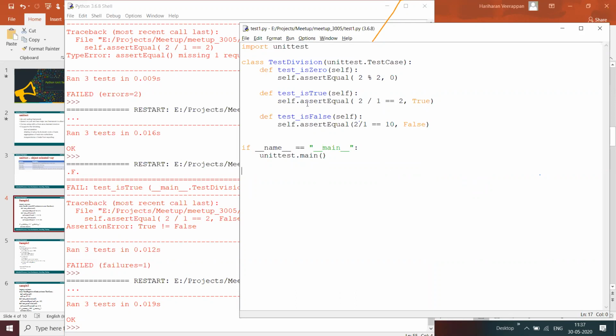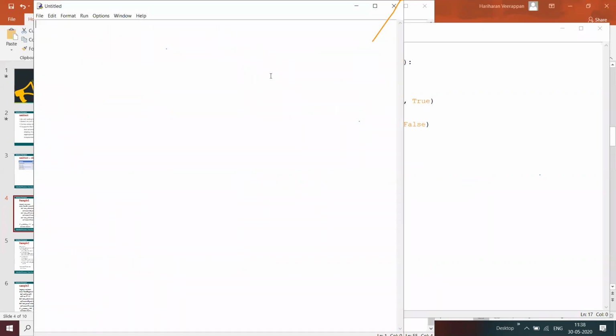For example, we can define something like import sys, and then define a function find big. It is to find which one is bigger and which one is smaller, basically to find the bigger number.